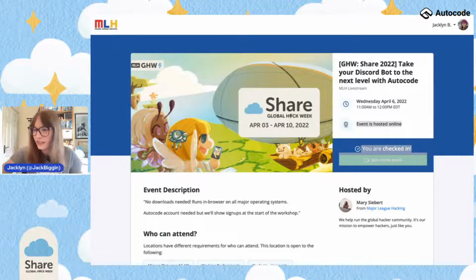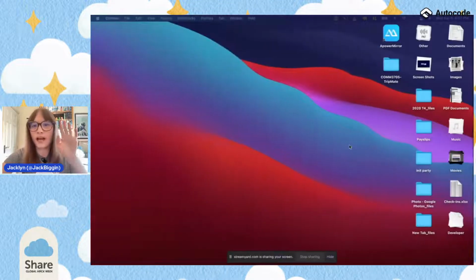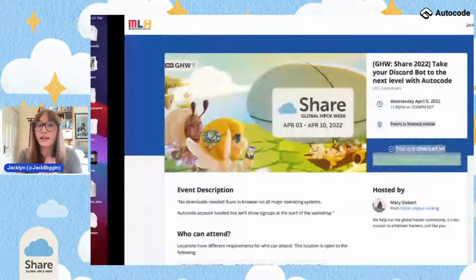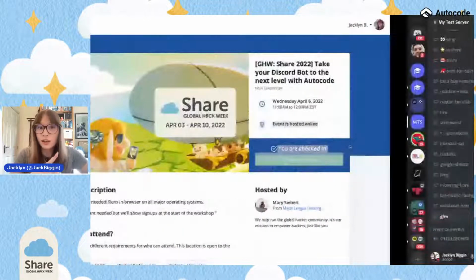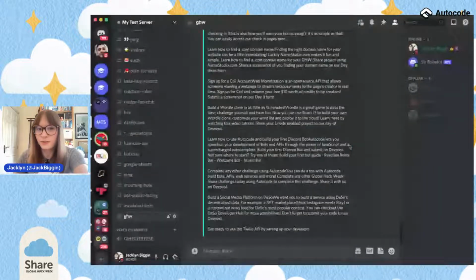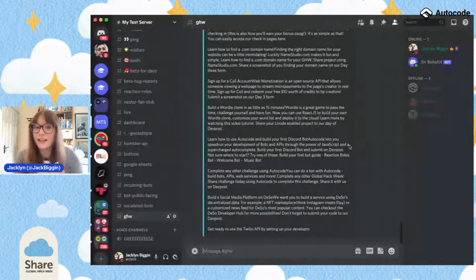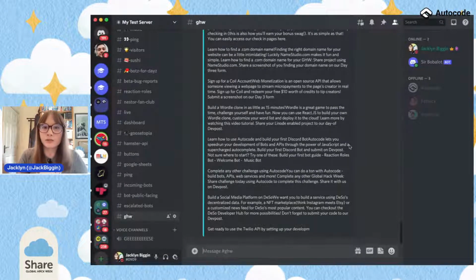Like, he's our friend. Okay, so let me talk about what we're going to be doing today. We're going to get some functionality added to our Discord bot. But rather than building it all ourselves from scratch, I'm going to show you some magic, and it's called apps and snippets. Snippets are pieces of code that you can include in your Autocode project, and it will automatically do cool stuff. By the end of this stream, I want to have added new features to our Discord bot, but I'm going to use some of your ideas for inspiration on that, okay?